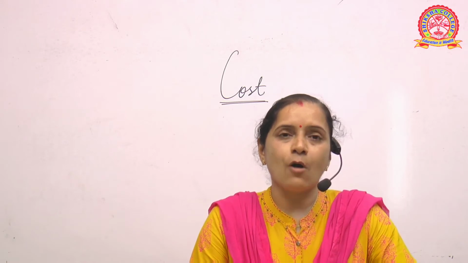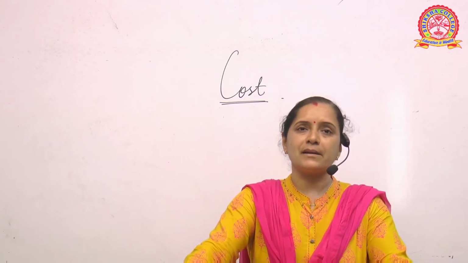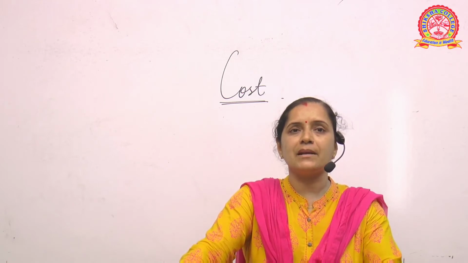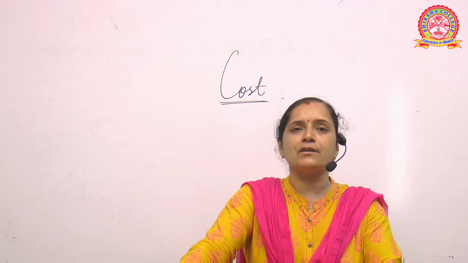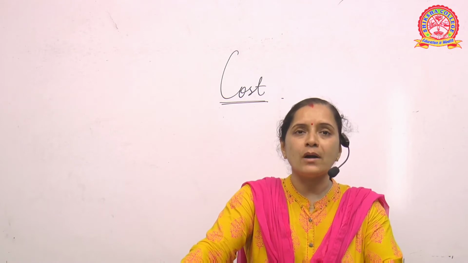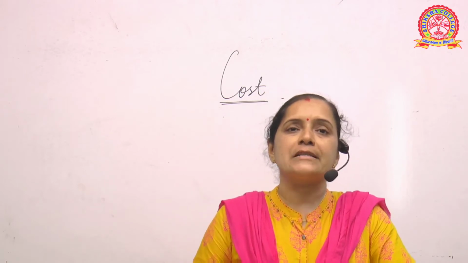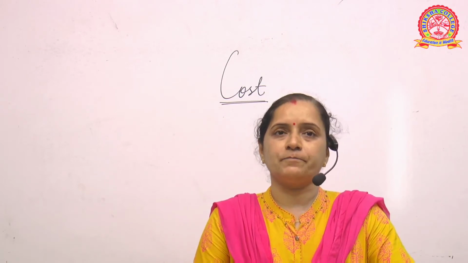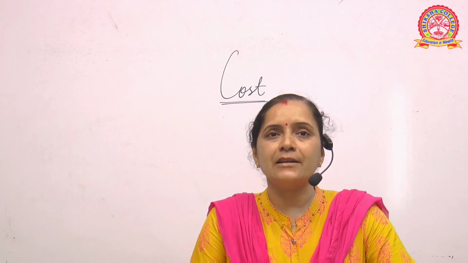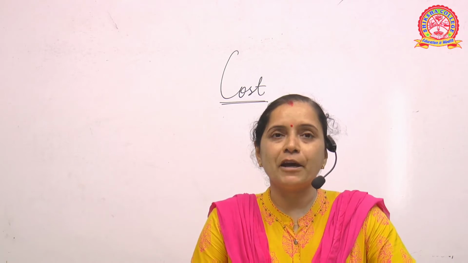So when the term cost comes to our mind, why are we considering cost? Because today we are talking about big business houses. You have examples of big business houses like Tatas, Ambanis, Birlas. Now how have they reached that particular stage? No doubt they have worked very hard, but one most important thing is what kind of investment or what kind of cost the company was able to expend so that there would be development. Cost is highly required because when we are talking about a growing industry or a growing sector, you have to invest cost to make it more stable, to develop it, or for its growth.